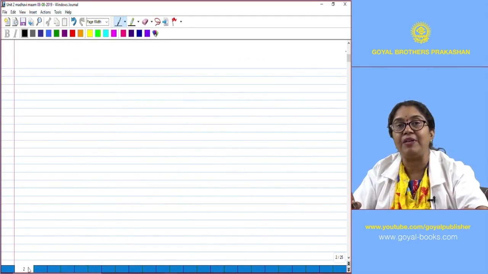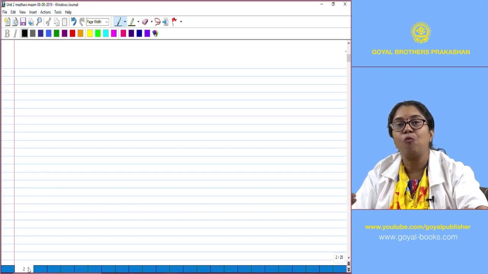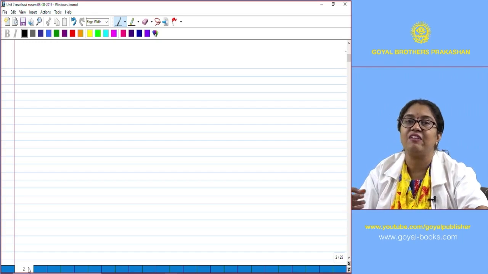And what is the application of this high specific heat capacity? Water is used as a coolant to cool the engines in your automobiles. And water is used in your room coolers. As the warm air is sucked inside the room coolers, this warm air passes over the mats of the room cooler through which water is sprinkling. The warm air is cooled, the heat of the warm air is taken up by the water, and cool air is given out.